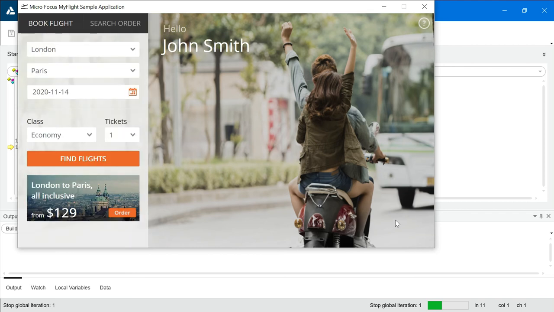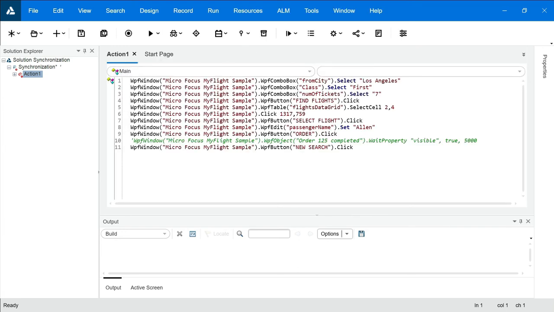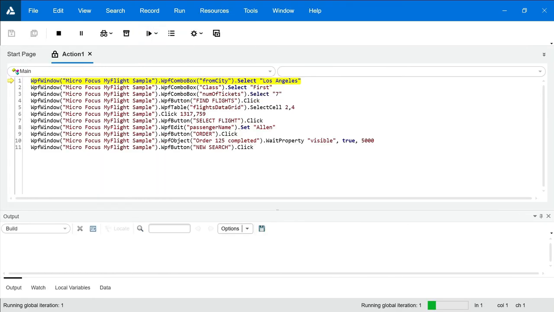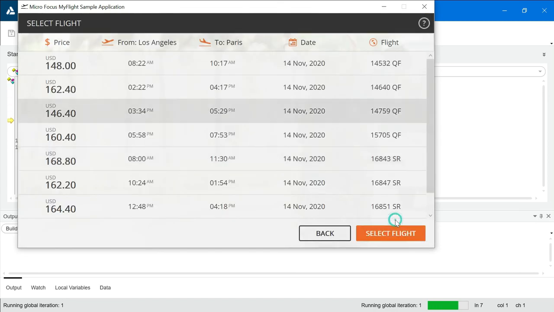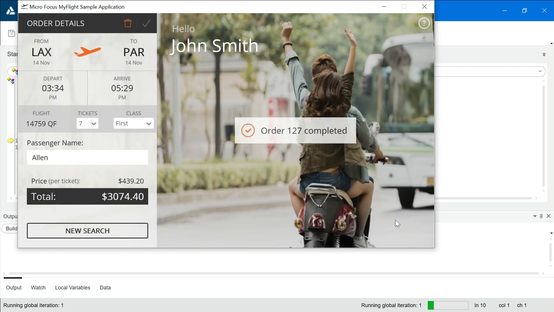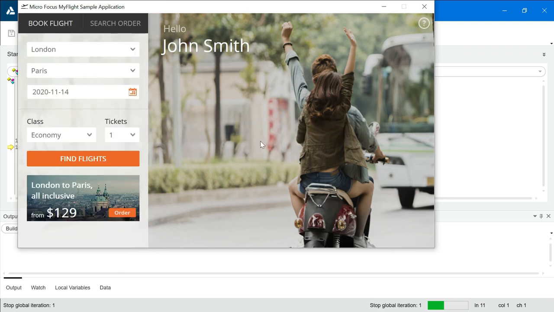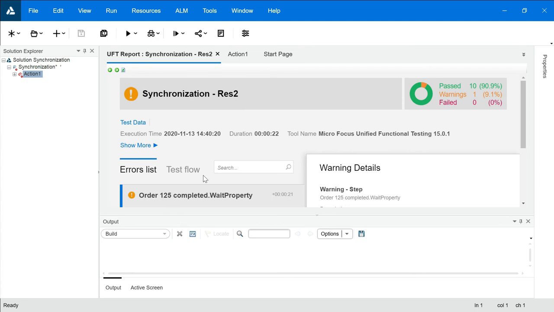Look at that. So that particular text was not shown because I commented that line. UFT is very quick in execution. So now what we're going to do in this case, I'm going to just uncomment it and now see how it works. So again, the execution started. Look at this. Now it is waiting for 5 seconds for this particular text. It got loaded. It is still waiting, and now you will see one warning message over here.